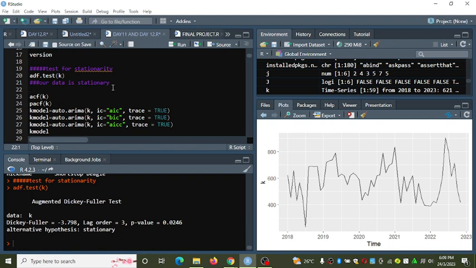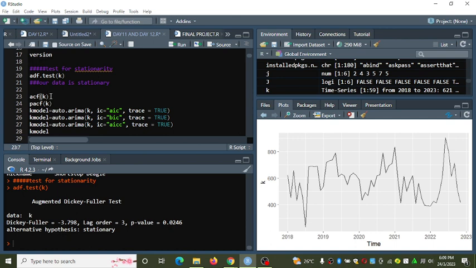And to get the values of the autoregressive part, we can use the ACF and PACF, or rather the moving average ACF and PACF of K, which will give us the other parts forming that particular model.